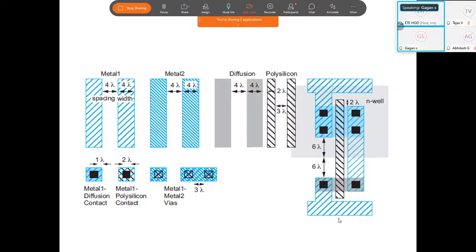So we were discussing metal rails. Heard of metal rails? So wherever you have common VCC and VDD and ground, they'll be drawn using the metal line. So this is that ground line. This is the VCC line or VDD line. Can you see the source is grounded here? Yes, sir. Whatever is black is called a contact cut, which is used to make the connection from metal to the diffusion.